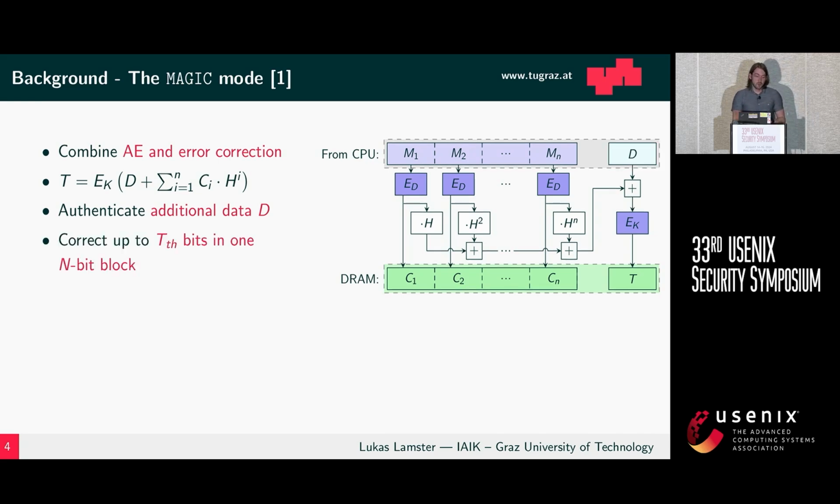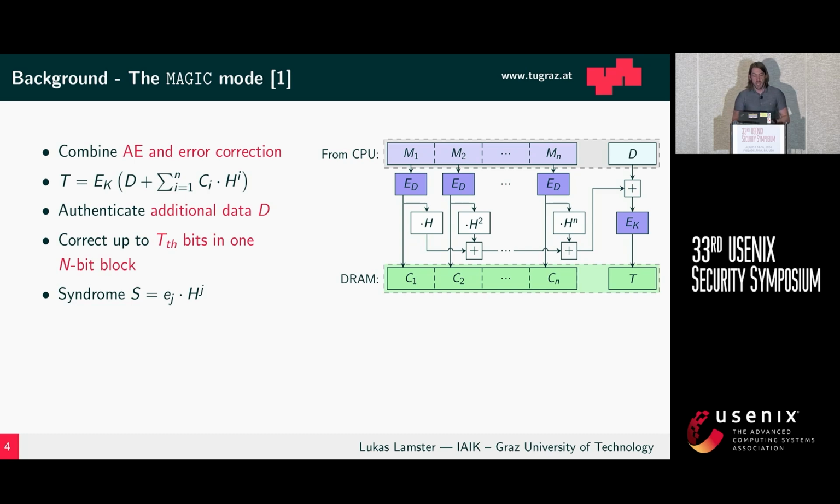MAGIC allows us to correct up to a threshold of bits in one of these message blocks. And the way it works is it allows us the correction in one of the ciphertext blocks. So this T here, this T_th, is a parameter that we can actually tweak. And when we read from DRAM, what we are doing to check if there was an error is we compute